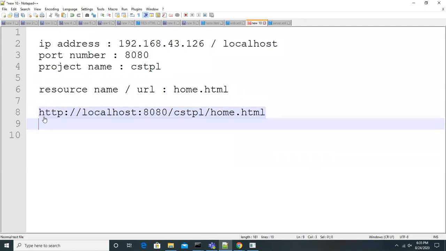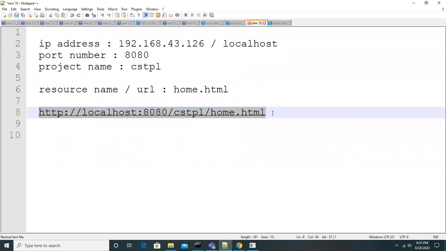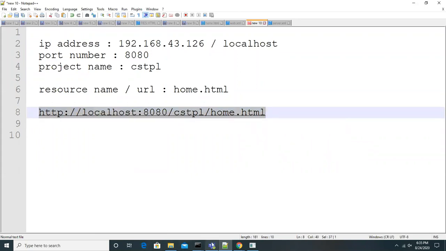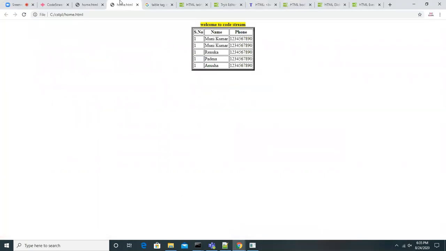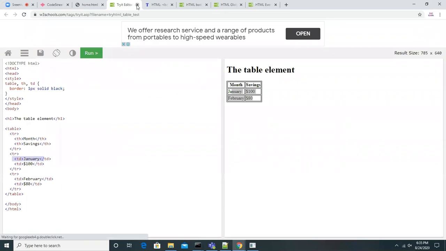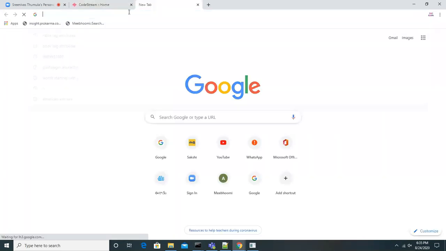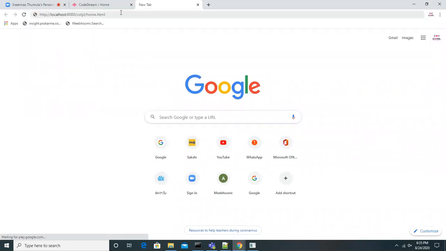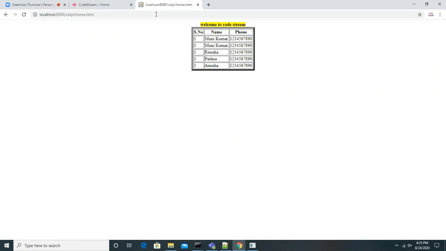So look at this. I just prepared the total link URL. I'm just copying that, and I'm going to a browser, any one of the browsers. I'm just closing all this so I won't get confused. Okay, I'm putting in this prepared URL and I'm going to access it. Look at that.